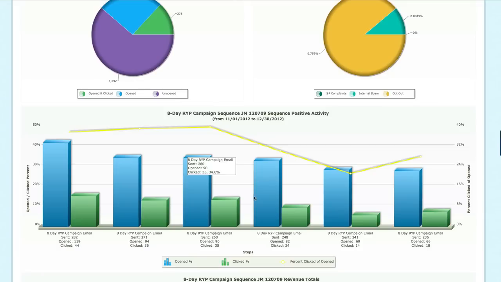And then you can see that as far as clicks, here's the lowest number of clicks, which also ends up being the highest percent clicked of the actual opened emails. So the call to action is very weak in this email, and then the call to action in this one is the very best. So what we can do is look at what's working and replicate it, and look at what's broken